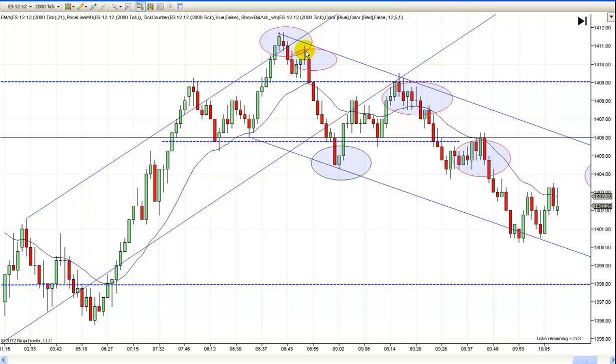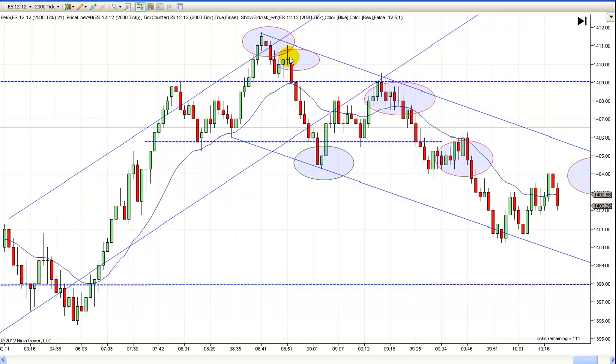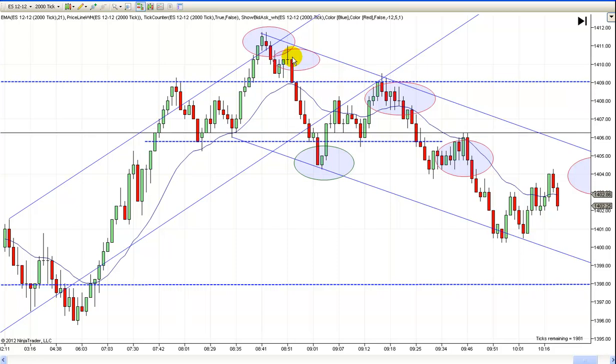But when this ended as a doji, that gives you a second entry short, still way away from the EMA. I've never touched the EMA yet. So this was a great place to get short, and we've had two overshoots of the trend channel line, so a nice place to get short. And this time you did keep some runners, and again, if you held on to them through this pullback,